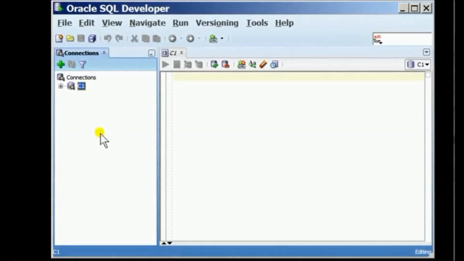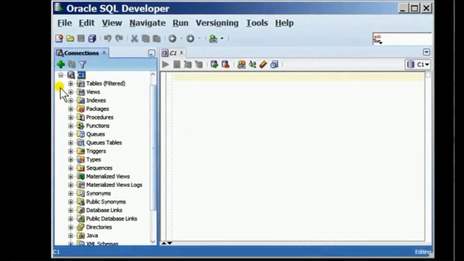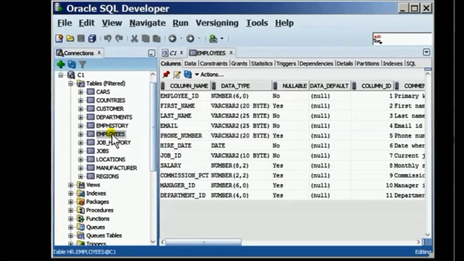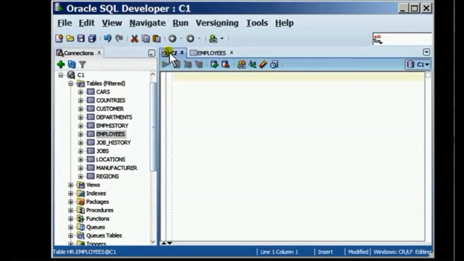with other operators. I'm going to begin SQL Developer. Here I have a connection with the database called C1, and I'm connected as the user HR through this connection. I'm going to expand tables and pull up the employees table. Now, if you notice the employees table, it has information about employees, their ID, first name, last name, email, phone number, hire date, and so on. I'm now going to go to the SQL worksheet window, where I'm going to write some queries using a where